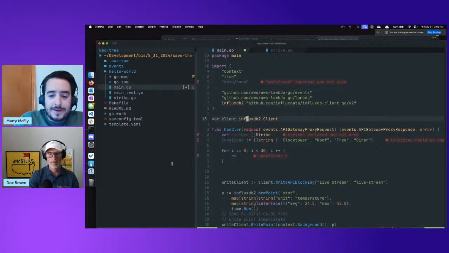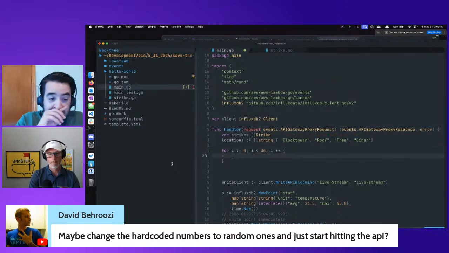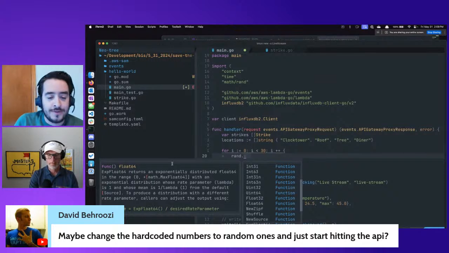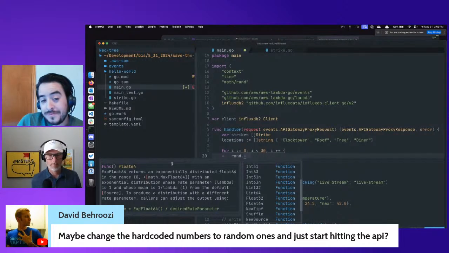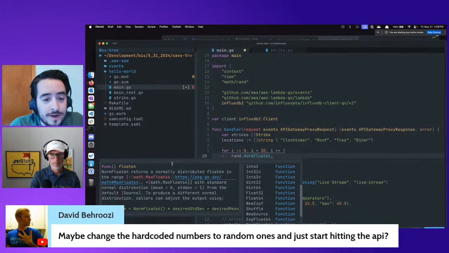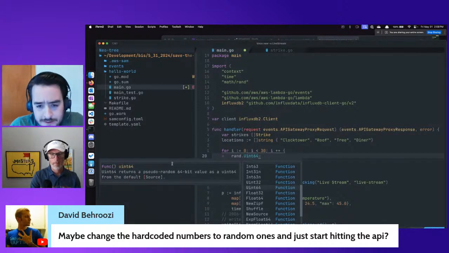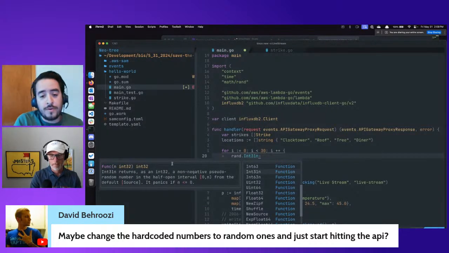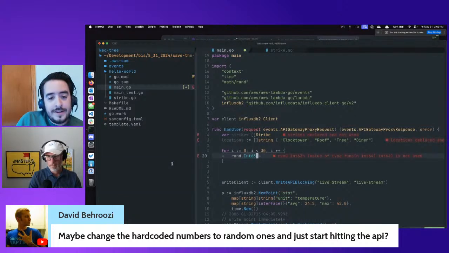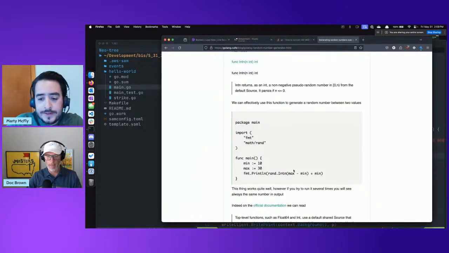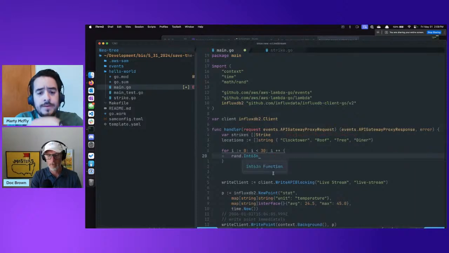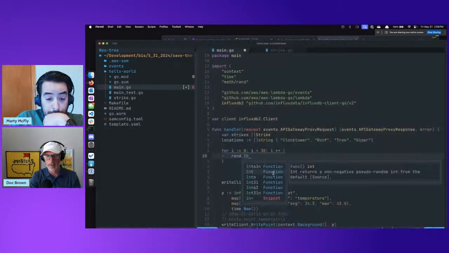Yeah, so David has a good idea. On your existing endpoint, maybe just change the hard-coded numbers to random ones. And then we just nail it. You just press send multiple times. So the endpoint we got working, which is that main? Yeah, just change the 24.5 and the 45. We've got to pick a time though, right? We were gonna add a bunch of times in here, so I was gonna try to bump the time up, if I could, just by like a minute or something like that.